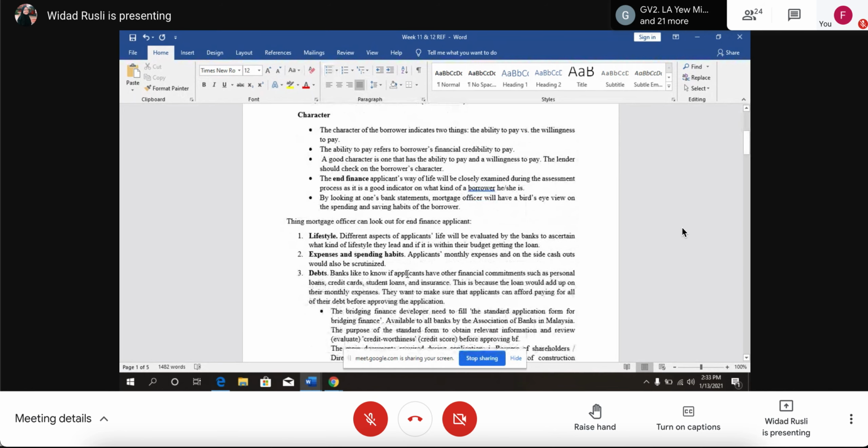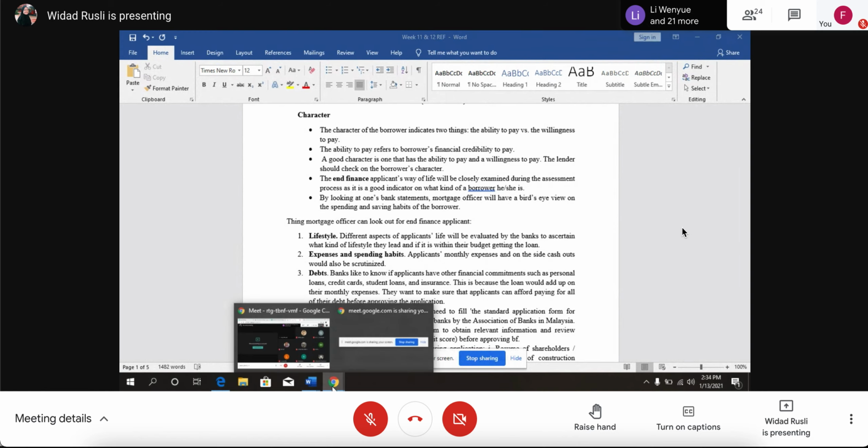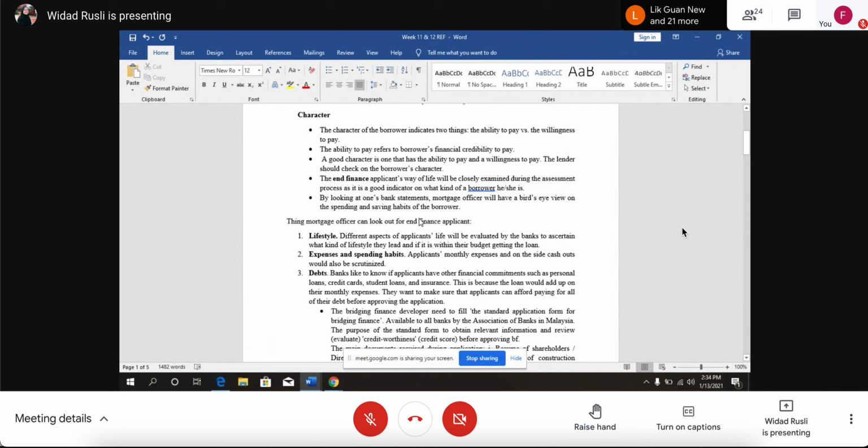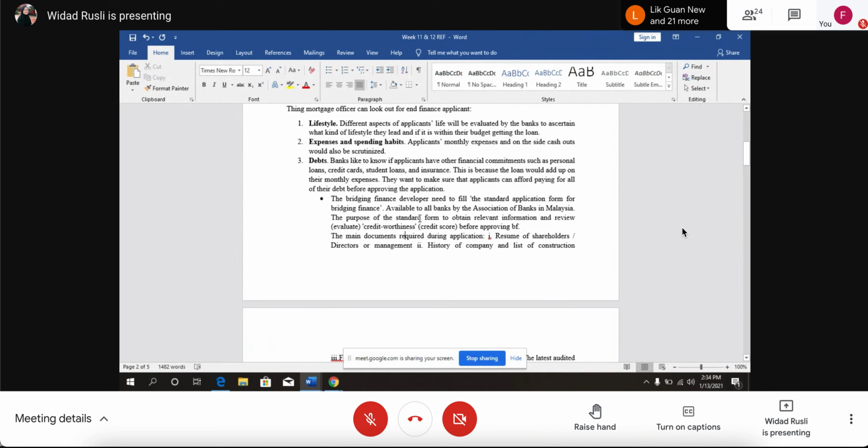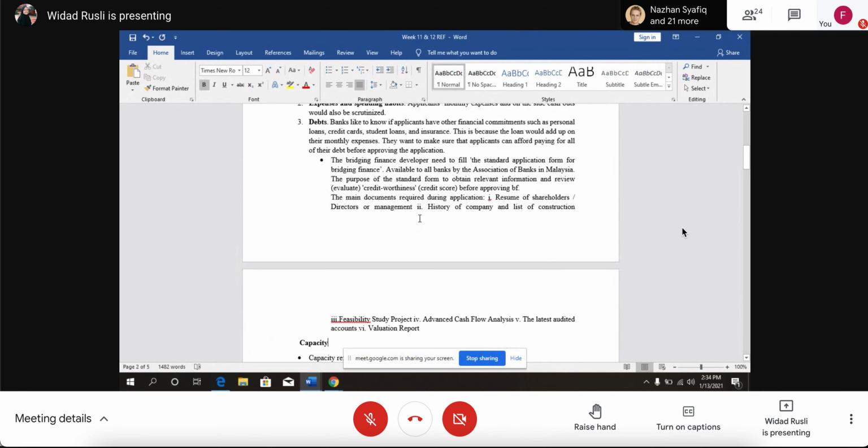So the mortgage officer should consider character, which is the ability to pay, referring to the borrower's financial credibility to pay. They also need to determine whether the applicant is of good character, which is one that has the ability to pay and a willingness to pay. The things the mortgage officer can look out for in an end finance applicant are lifestyle, expenses and spending habits, debts, and